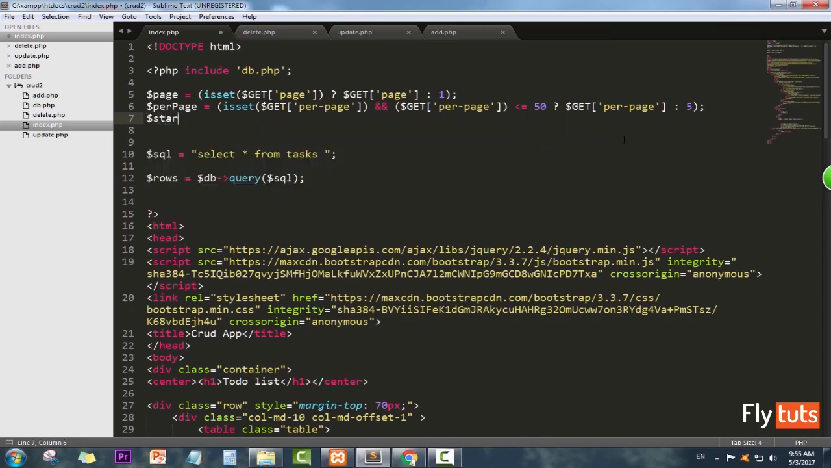Now we need a start. We're gonna use it in our SQL condition here. We're gonna edit this one. We're gonna add limit to it. So this limit will start with this variable called start. So for this start, we need a condition: if page greater than 1, question mark,